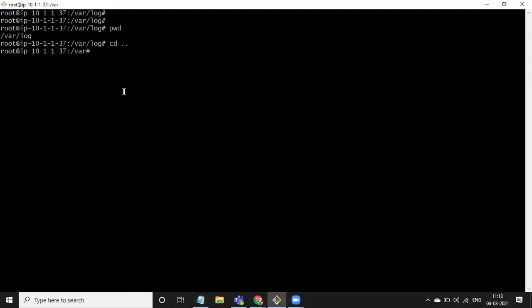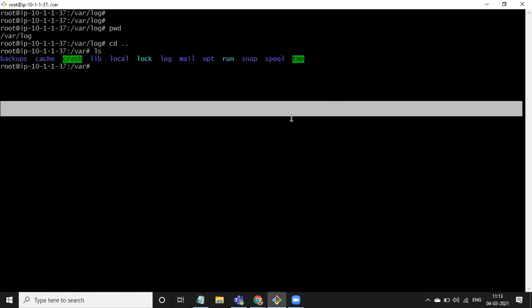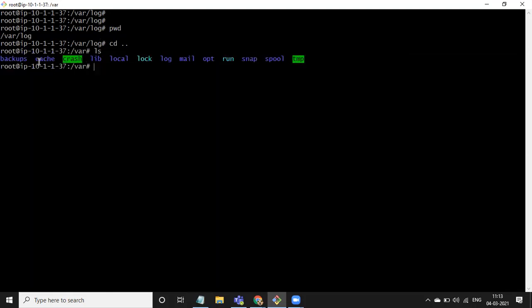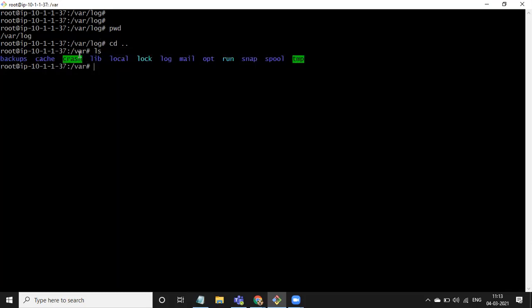Next is ls. If you hit ls, you get the list of items inside this var folder. If I count them, 1, 2, 3 up to 13, there are a total of 13 items inside this var folder.